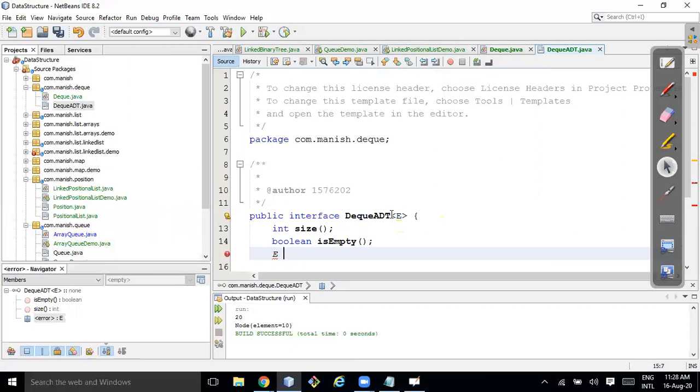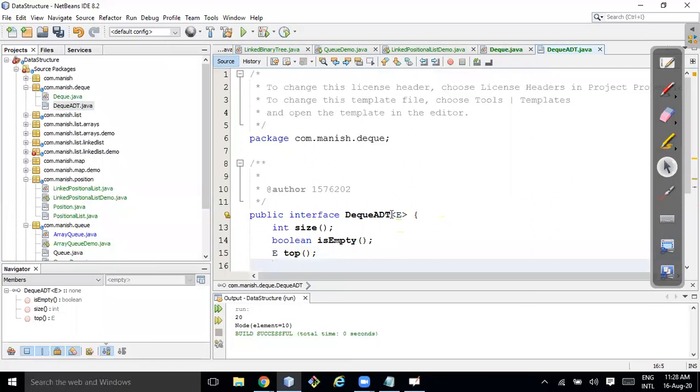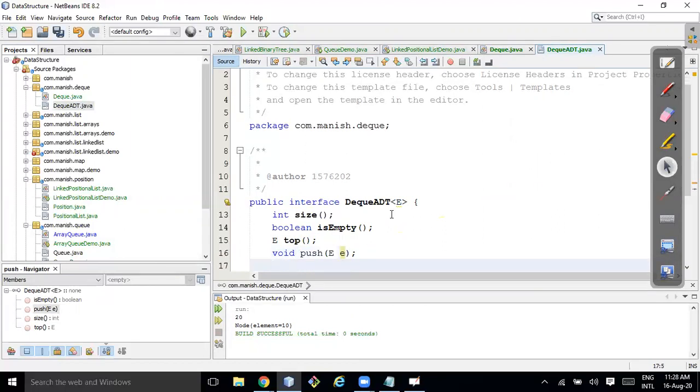So it should be the top, and it should be the push. Here I should write E. I can write void pop.